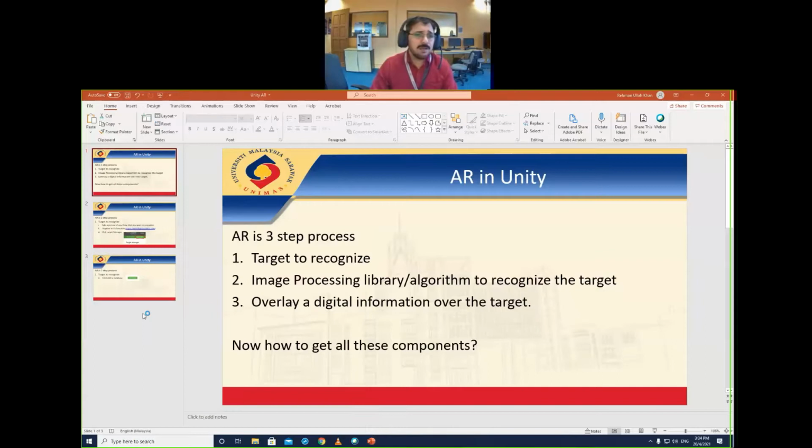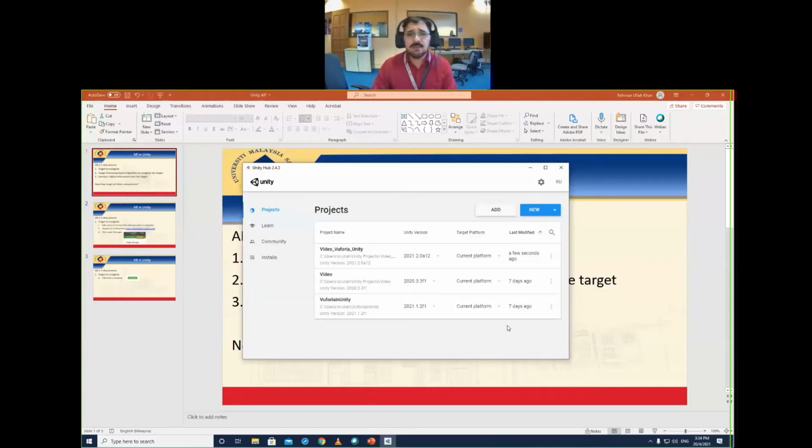So when you open Unity, nowadays Unity has different versions. For example, 2021.2.0, and there is a beta at the corner, meaning very soon another one will release. And 2021.1 and 2020.3, I have installed these three versions.